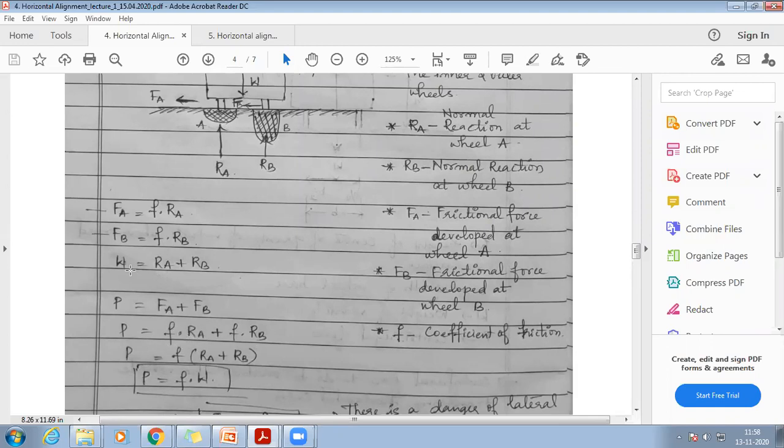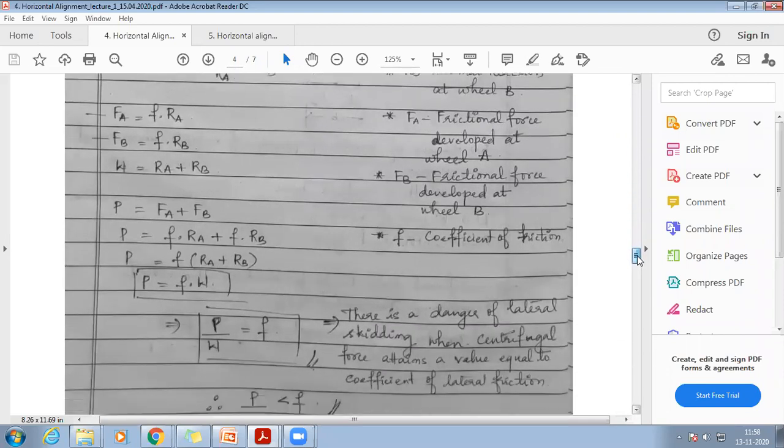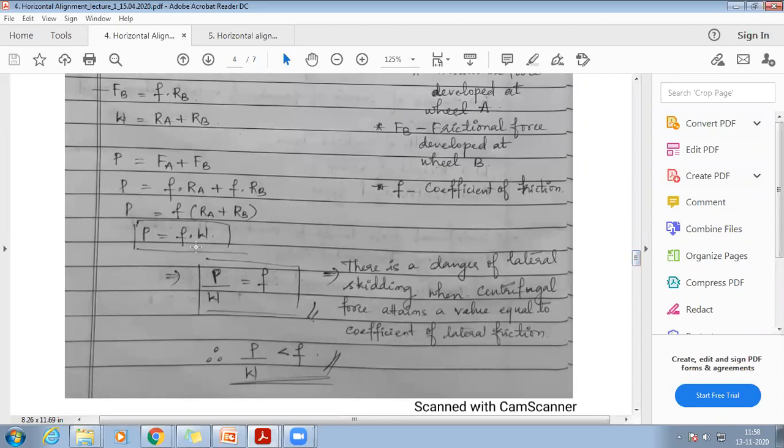So we have derived two equations when we equated the horizontal and the vertical components, right? Now this Fa and Fb, I'm expanding it to f times Ra and f times Rb, because the frictional force we know. Now what am I doing? I'm taking the f common, such that it becomes Ra plus Rb. Now we know from this equation, W is equal to Ra plus Rb. So can we substitute W instead of Ra plus Rb? That's what I have done here. You can see here. So what happens now? I'm going to bring the W to the left hand side, such that this is my centrifugal ratio.